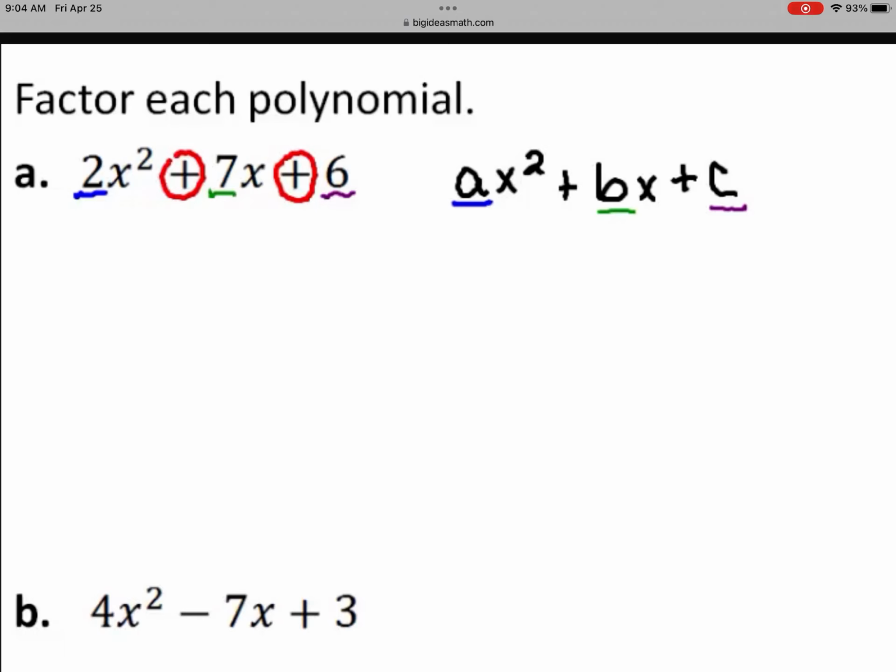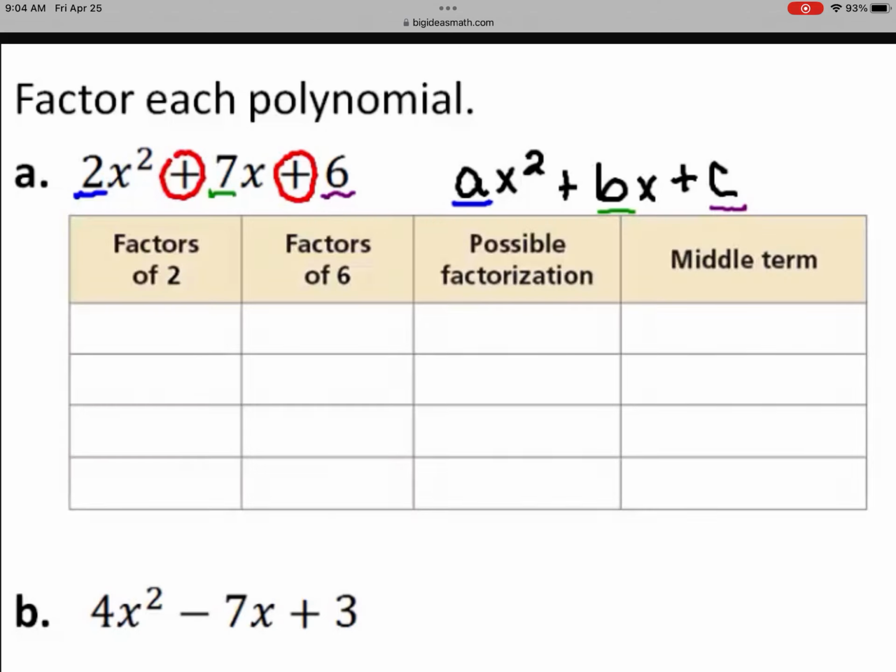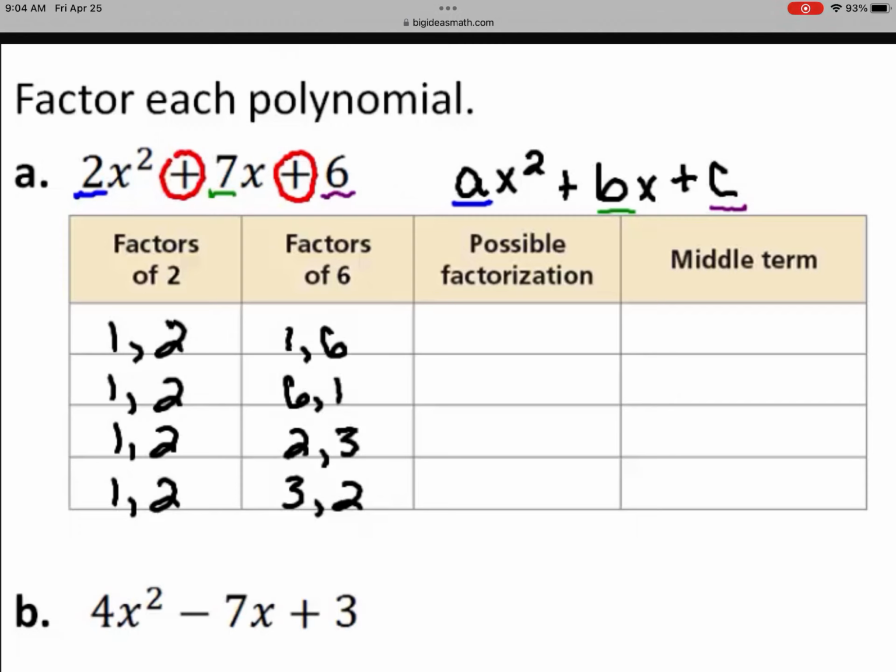Use a table to organize the information about the factors of a and c. The positive integer factors of 2 are 1 and 2. The positive integer factors of 6 are 1 and 6, and 2 and 3. Remember, you must consider the order of the factors of 6 because the middle term formed by the possible factorizations